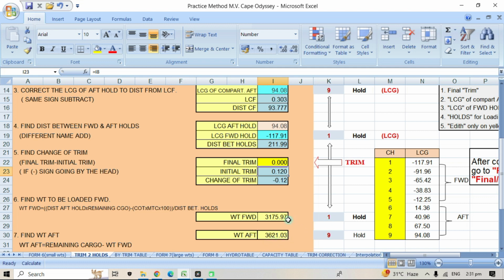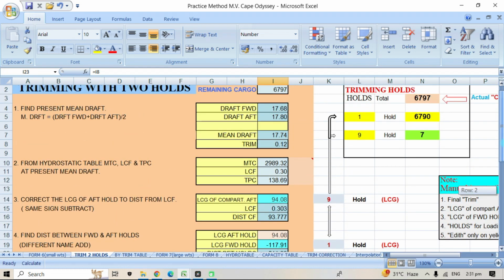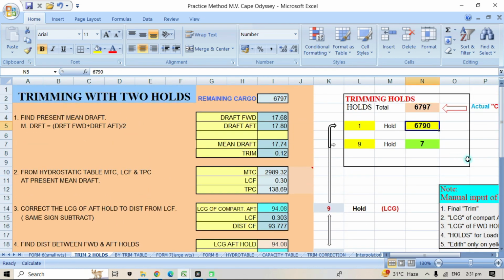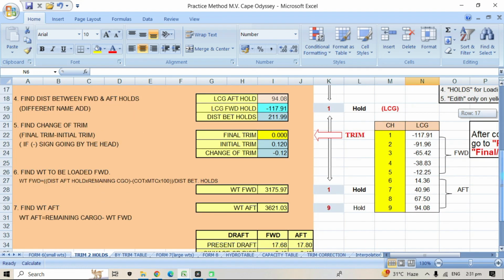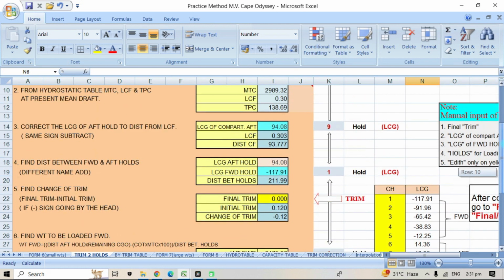3,621. So number 1, we have to load 3,176. So you put here 3,176. Okay, is that correct? Yes, that's correct. 3,176, and your up drop or number 9 will be 3,621. Okay,